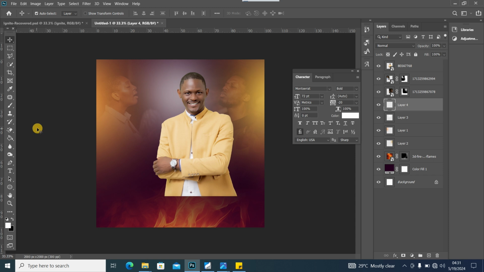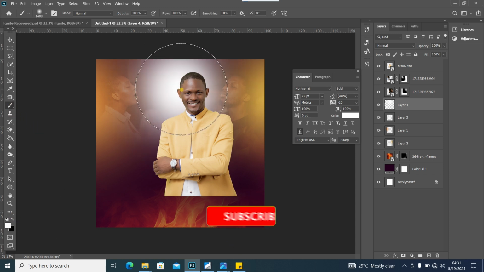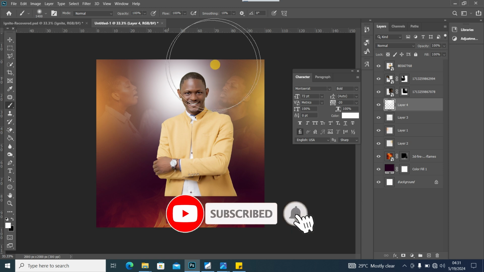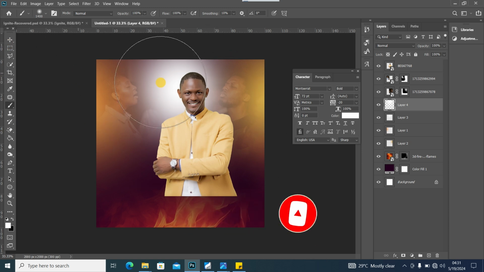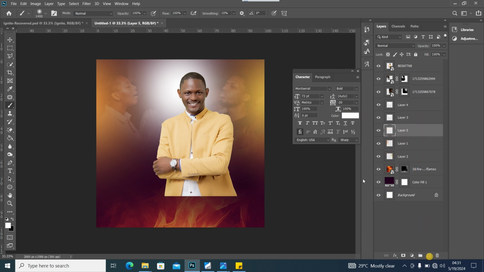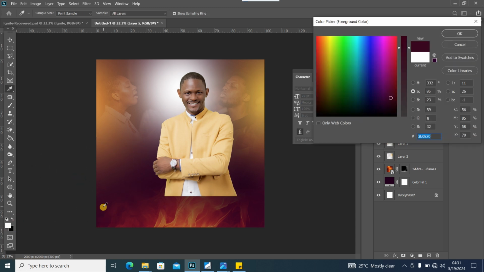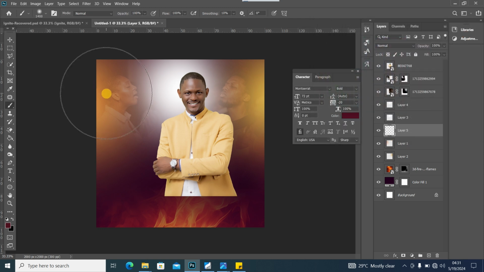Since this part is not as bright as I want it to be, I'm going to use my brush and I'll dab in once more. And you now see the light effect has been created. And at this point, I'm going to create a new layer, and I'm going to use a dark color from here. Now create or dab